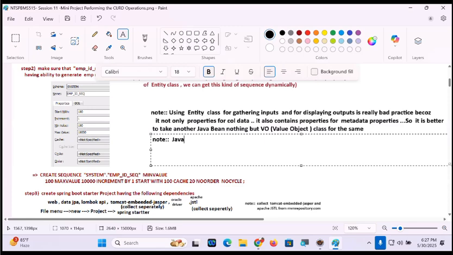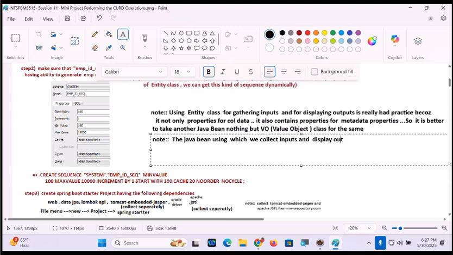The Java bean using which we collect inputs and display outputs.